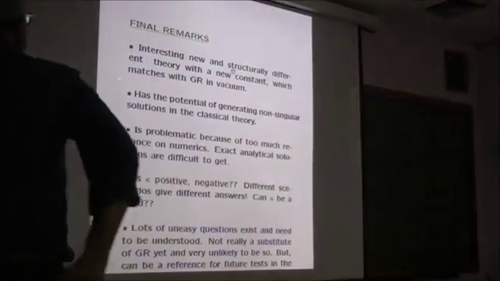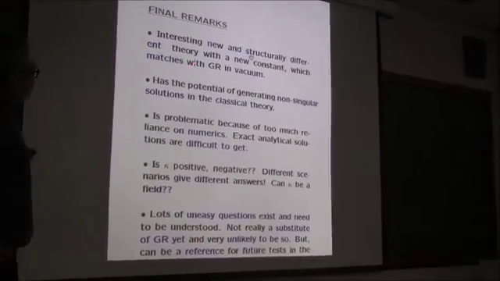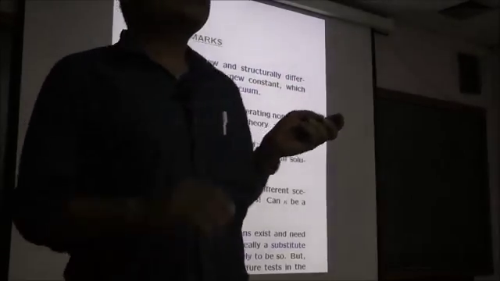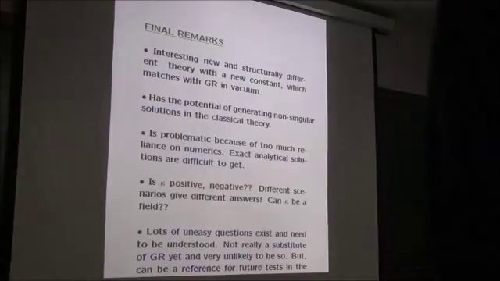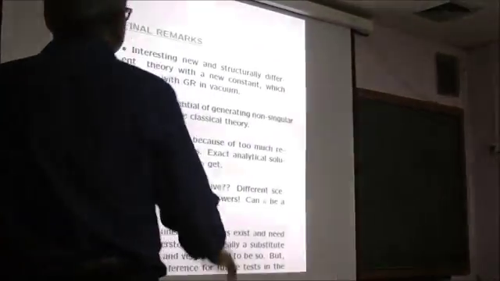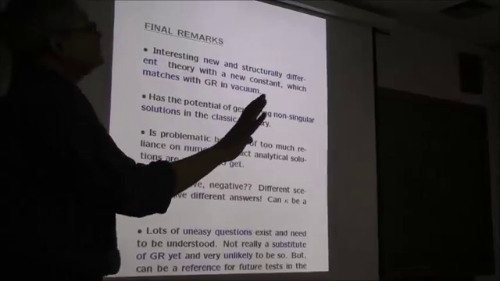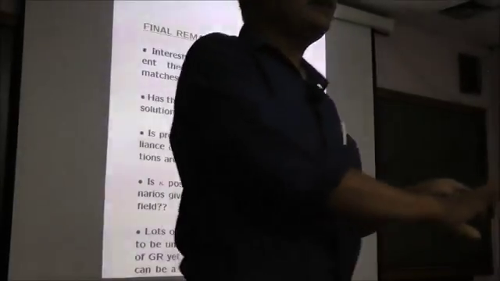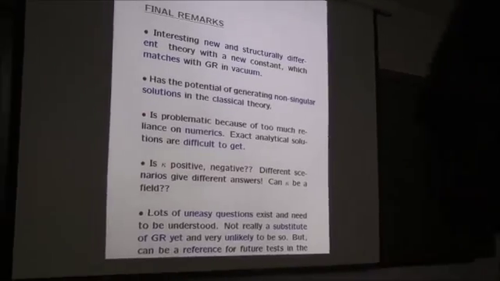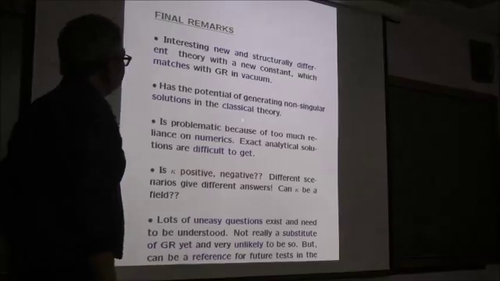So let me give you the final remarks. It's an interesting, new and structurally different theory with a new constant which matches with GR in that form. That's statement number 1. It's structurally different from general relativity, and it has a new constant apart from capital G and capital C. It involves the determinant and the square root and the Born-Infeld structure, all three together, and has the potential of generating non-singular solutions in the classical theory,